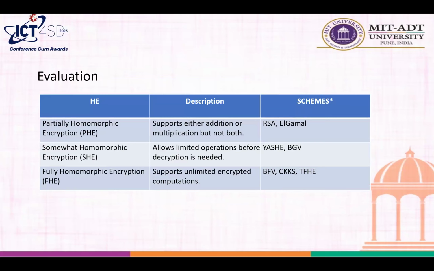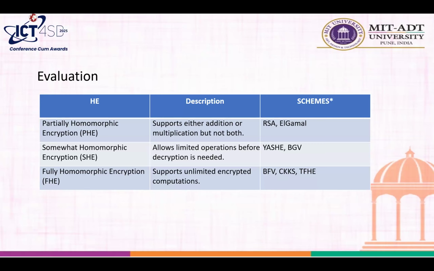So this is how the schemes, whatever schemes we discussed earlier, are. In partial homomorphic encryption, we are able to do only addition or multiplication, but not both. The associated traditional schemes are RSA and ElGamal. Somewhat homomorphic encryption allows limited operations on encrypted data, and the BGV scheme is useful for that. Right now, the full accommodation is with fully homomorphic encryption, where it supports all encrypted computations,